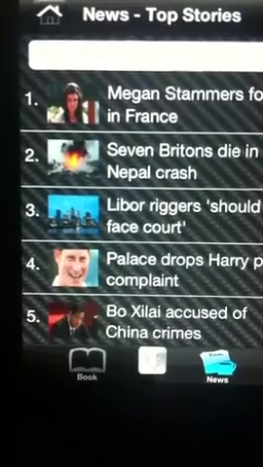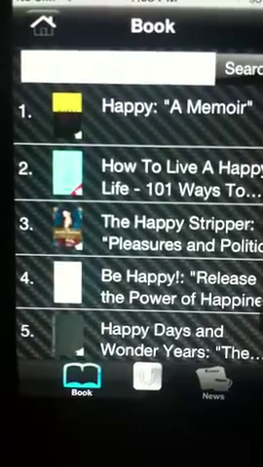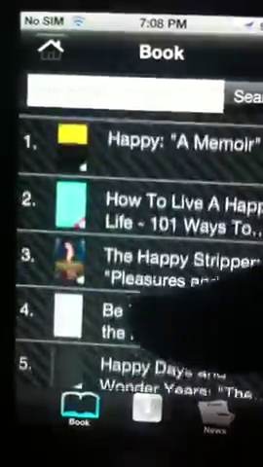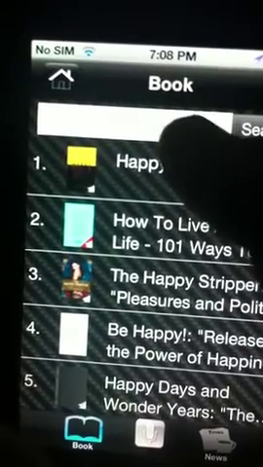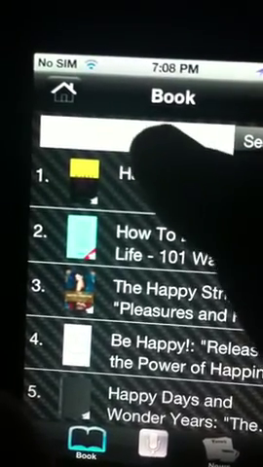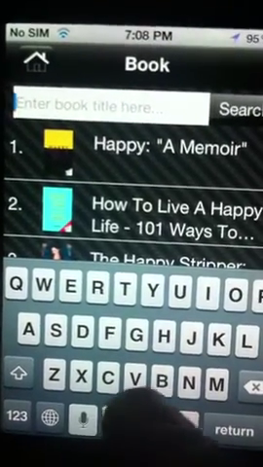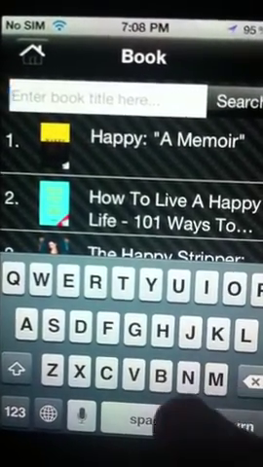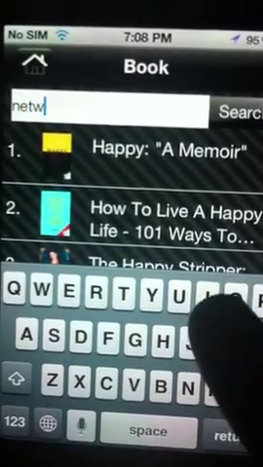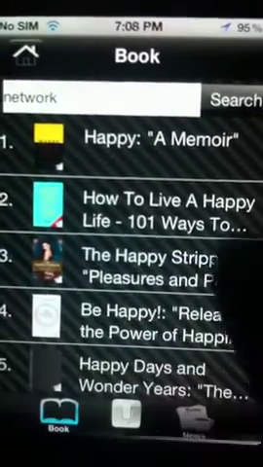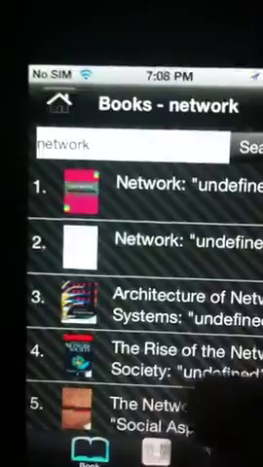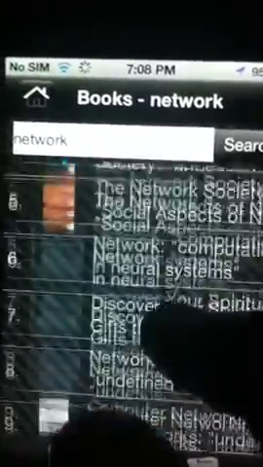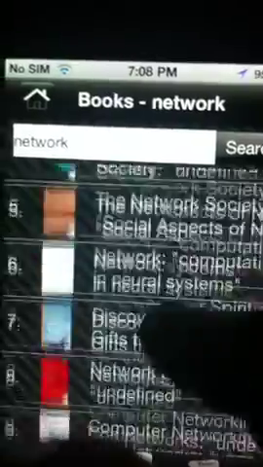So going to the book section here, which is down here in the tab. I will press the book, and here I got some good books to read. I have around 10 results here, and also I have a book title. I can enter the book title here so that I can have a look over my favorite books. Like I will type network here, and say search. It will show me various good networking books which are in the database of Google Books.